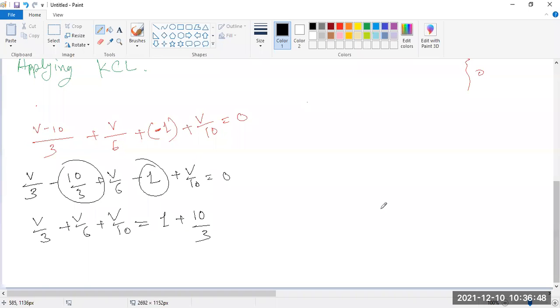then we will go for the next step, or this is the equation. So we can find out, look, this is 3, 6, 10. So the LCM should be 60. LCM should be 30. Sorry, 3, because 30 is also divisible by 6. So this is 30. So this is 10.